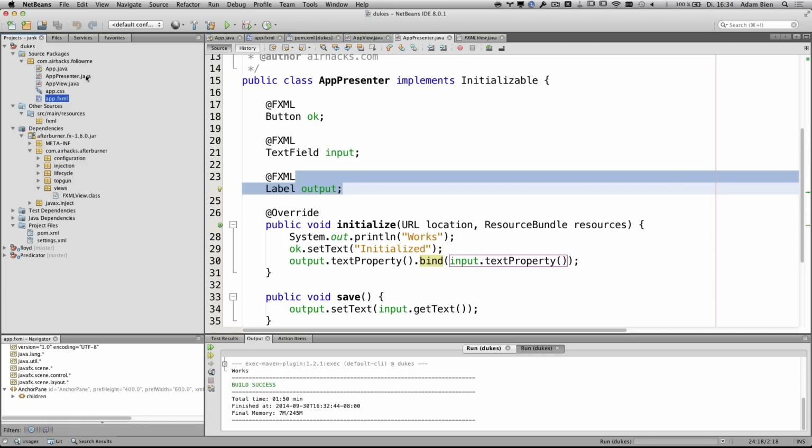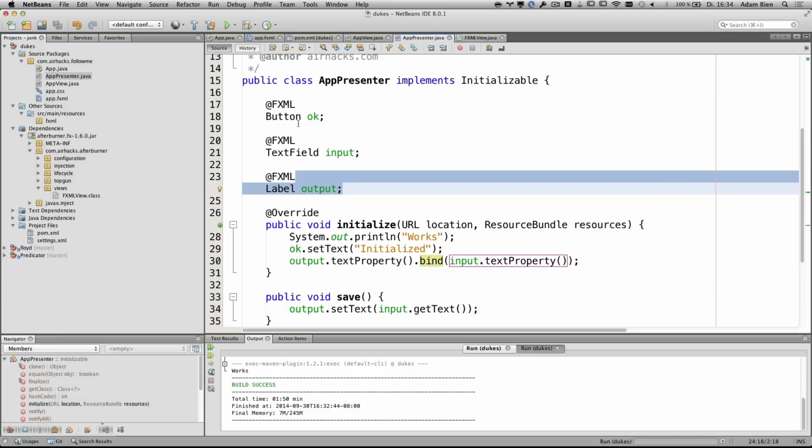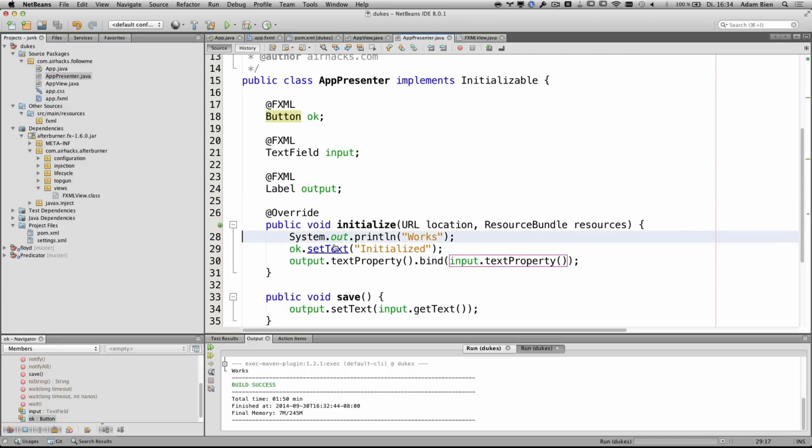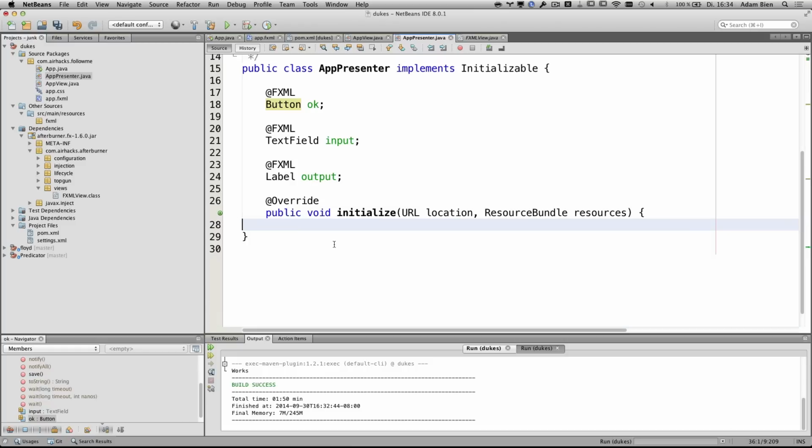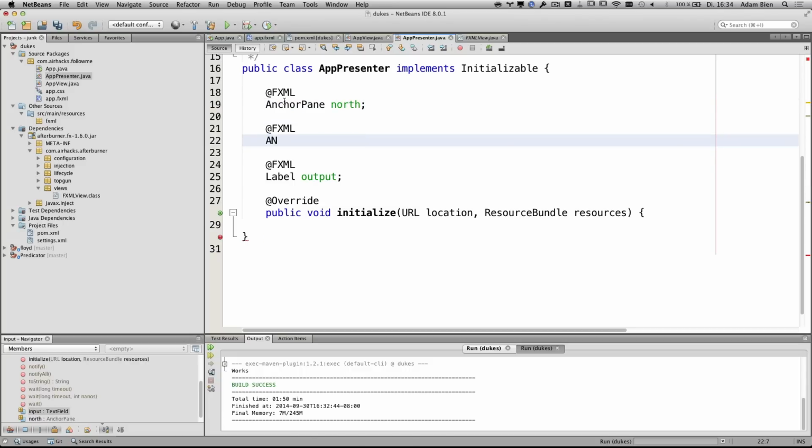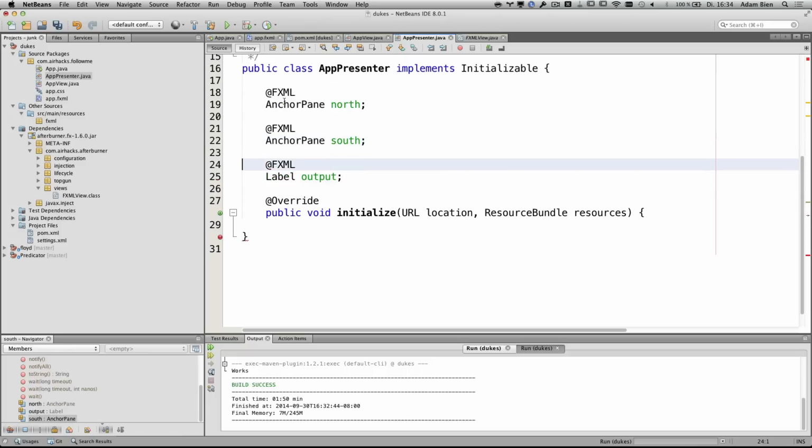And now I can do the following. I can go to my presenter and say, this was nice, but we don't need it anymore. And we have here anchor pane north, which is injected, and anchor pane south, which is injected.